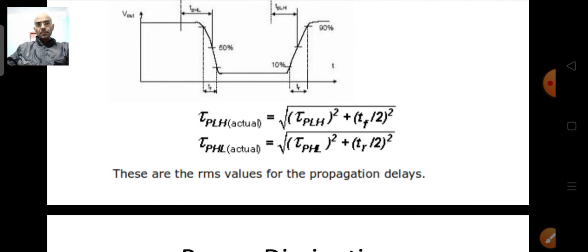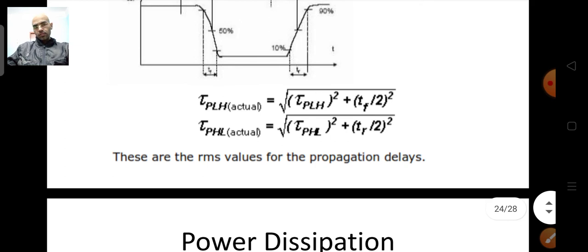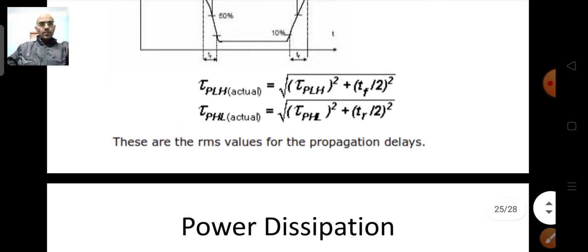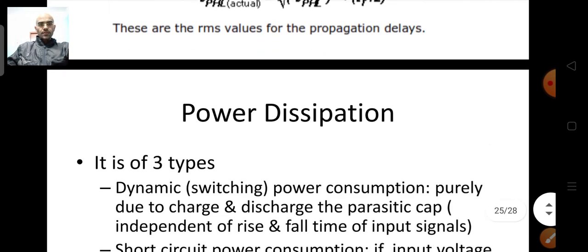It is empirical. People have done a lot of experiments and found that this is how you can manipulate it. So mathematically, after many iterations, people found that this is what the formula comes to. Okay, so this is how you can adjust it. You can take half of the rise time and half of the fall time, square them in the particular equation as required, and take the square root of that. Okay, so if you do this, then you can find it.